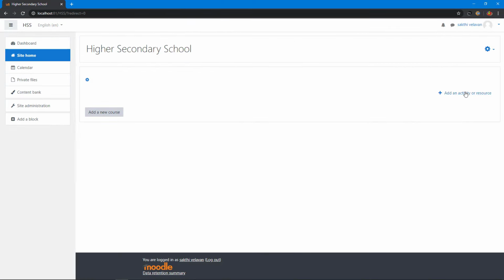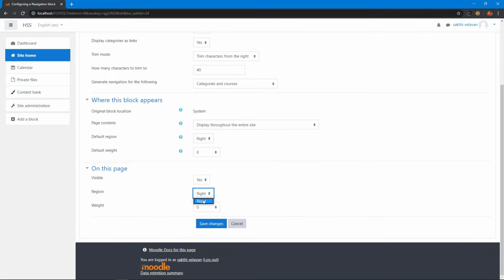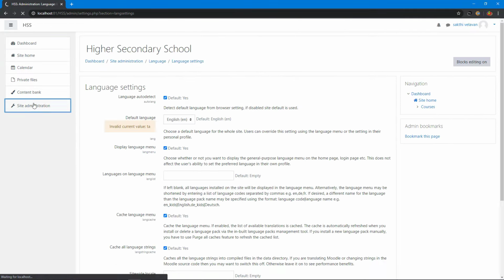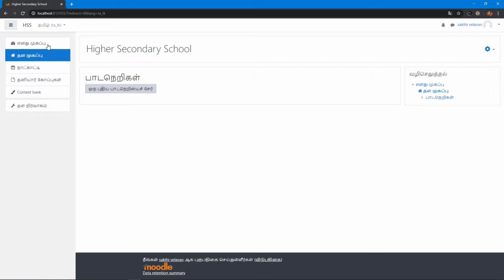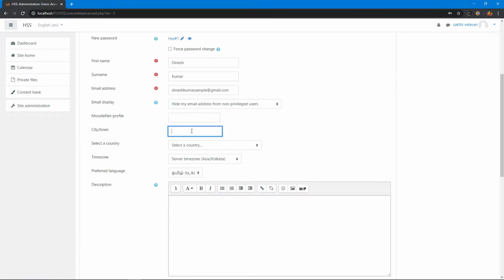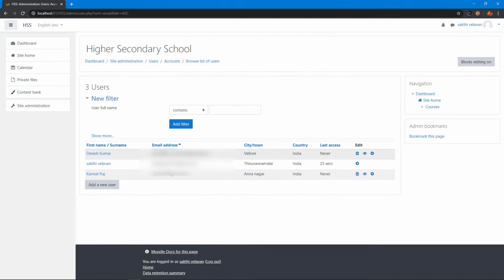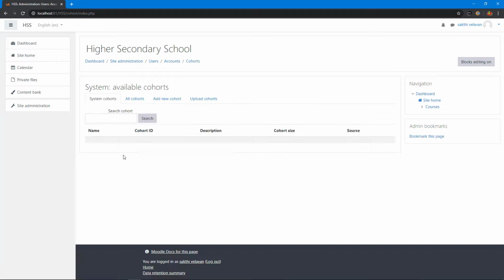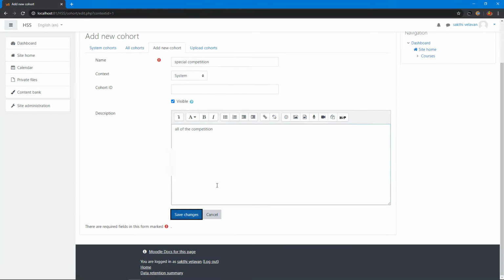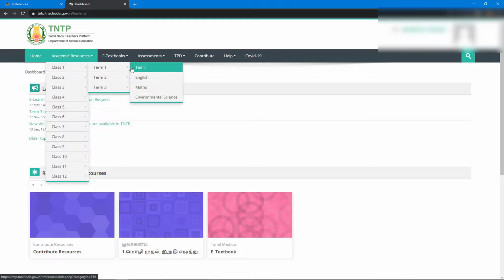up the database and connect to the database, differentiating the user as administrator, teacher and student views, adding a new user, managing users, understanding user groups, batch uploading users, customizing user profile fields, etc. And TNTP is one of the coolest examples of Moodle LMS sites. You can see in this section.